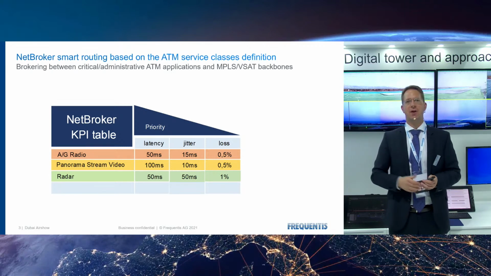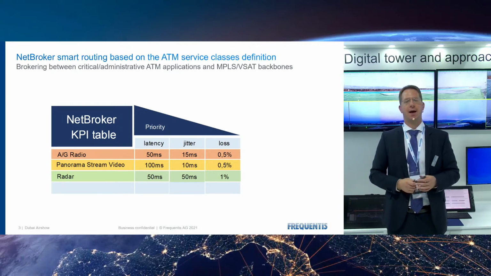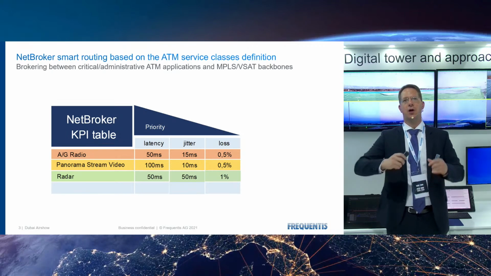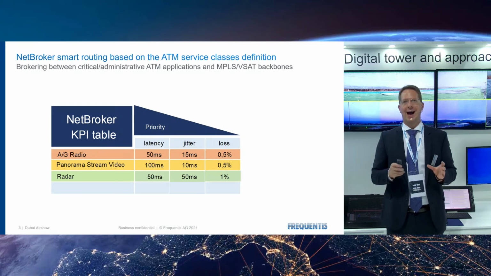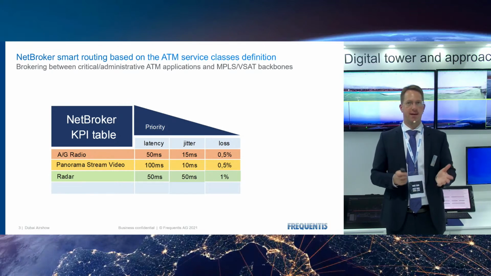So basically we are splitting the different applications into service classes, and we can prioritize and measure the quality of each application independently from each other. And what you do is you define your service classes, and then you define how the system or the network should react if some parameters are not met. And the parameters can be the bandwidth, can be the jitter, can be the delay. So you have multiple possibilities to define that.